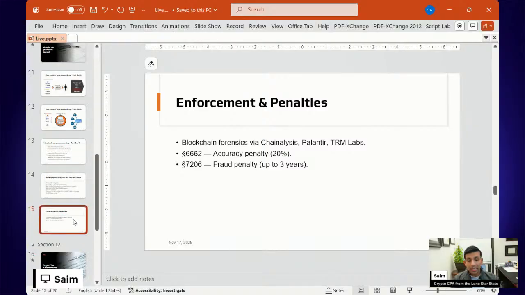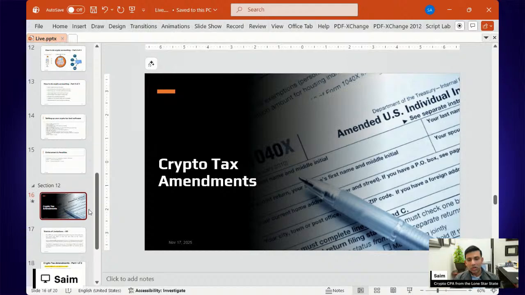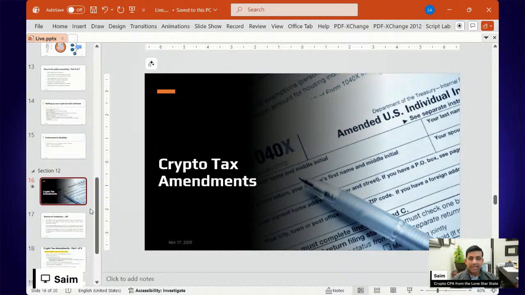Enforcement and penalties. We know the IRS is using AI analytical tools. They have a big contract with the firm Chainalysis, which is heavy in tracking crypto. So make sure that you're reporting all your crypto trades, because at some point the IRS will send you a letter, like they have been doing now, and all that data covered in these letters is from 3-4 years ago. So they take some time, but then they come. So make sure you get to them before they get to you.